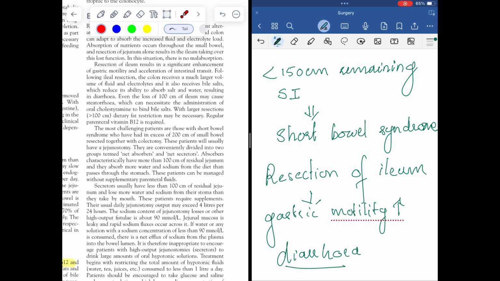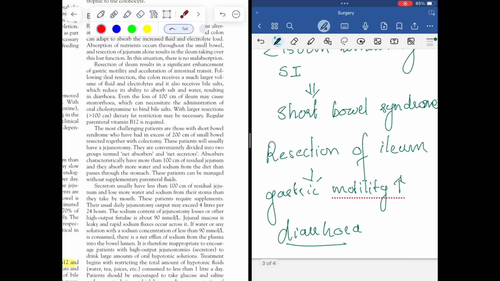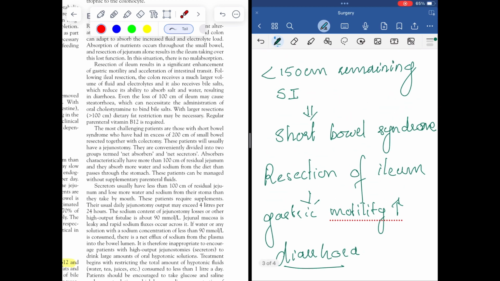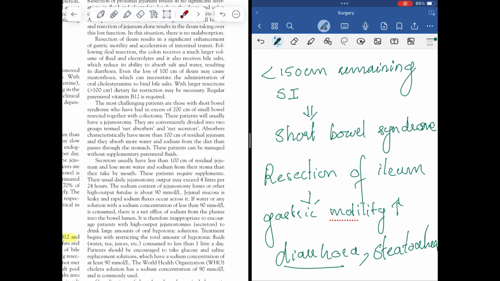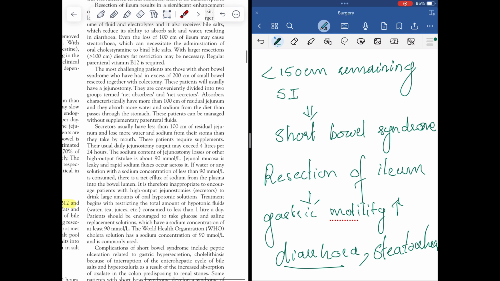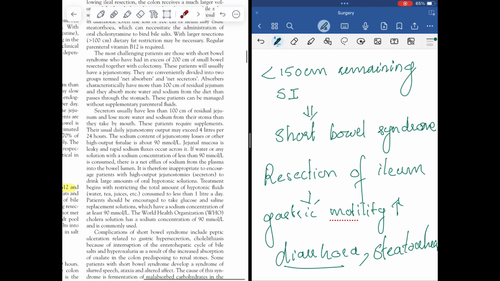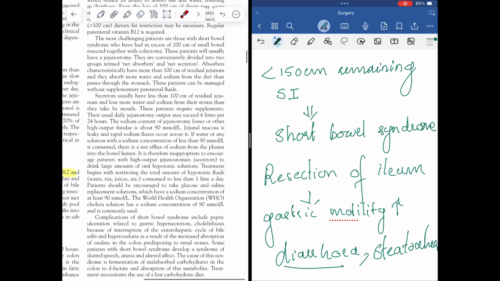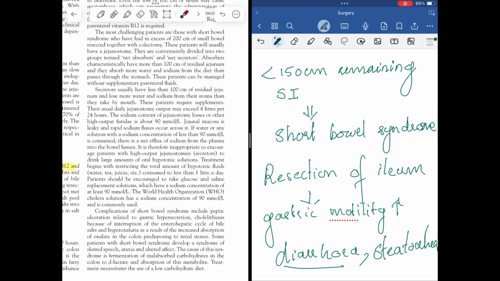Even the loss of 100 centimeter of the ileum may cause steatorrhea. So this will necessitate the administration of cholestyramine to bind the bile salts. With larger resections greater than 100 centimeter, dietary fat restriction is required and regular parenteral vitamin B12 should also be given. So we talked about less than 100 centimeter resection, we talked about more than 100 centimeter of ileum resected,